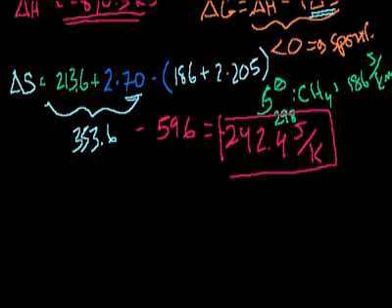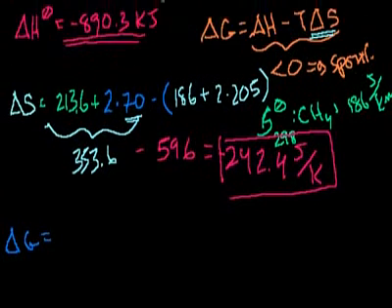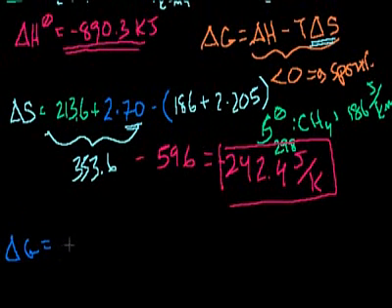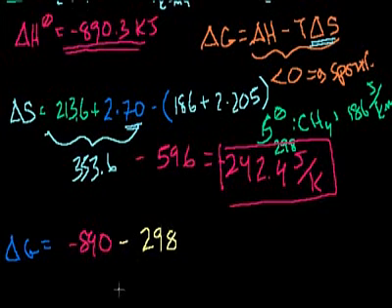So our delta G is equal to our delta H. We're releasing energy, so it's minus 890. I'll just get rid of the decimals. We don't have to be that precise. Minus our temperature. We're assuming that we're at room temperature at 298 Kelvin. I should get in the habit of not saying degrees when I say Kelvin, which is 25 degrees Celsius, times